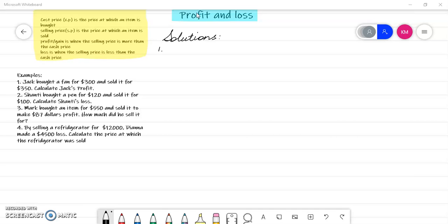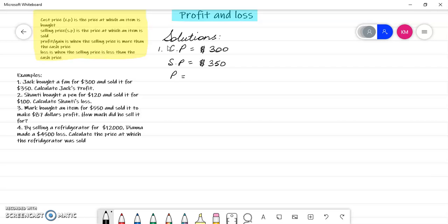Number 1. Now for each question, we must label our solutions properly. So for number 1, I'm going to write what my cost price is. I'm going to write what my selling price is. And for number 1, we are asked to find profit. So if I read the question again, Jack bought a fan for $300. So that means my cost price is $300 and sold it for $350. My selling price,